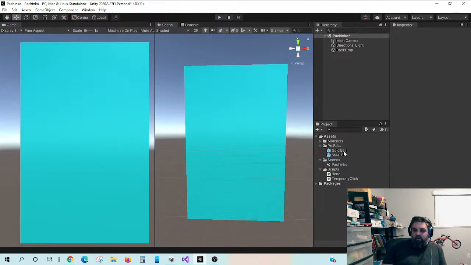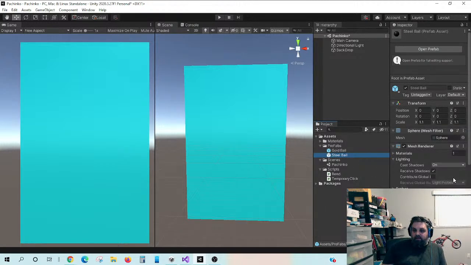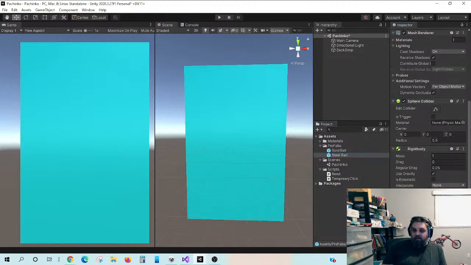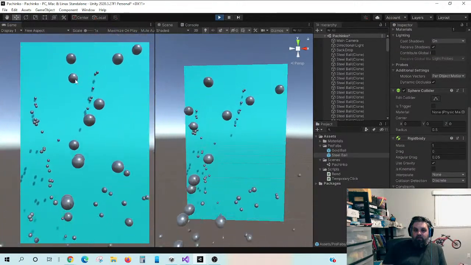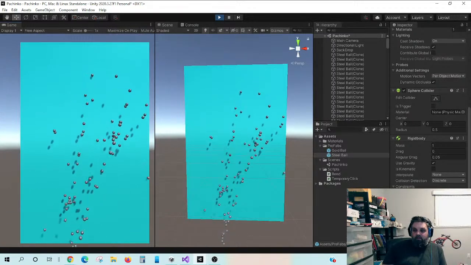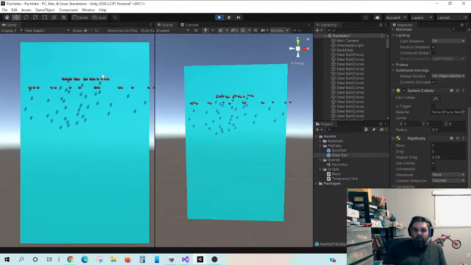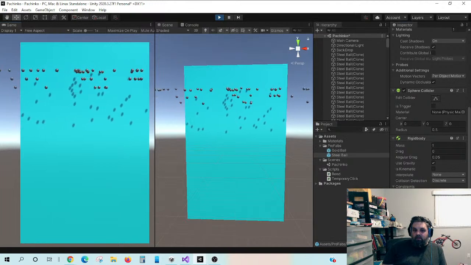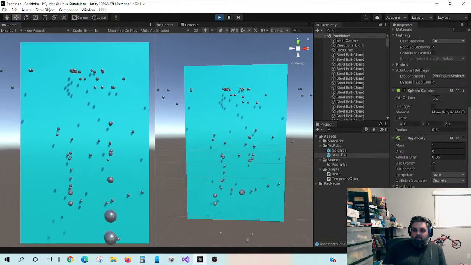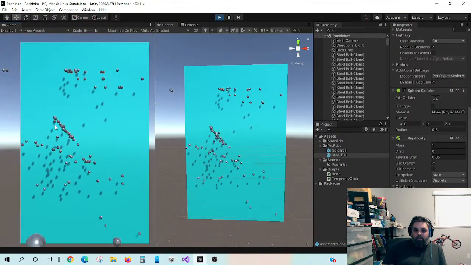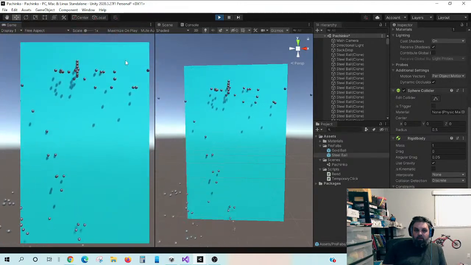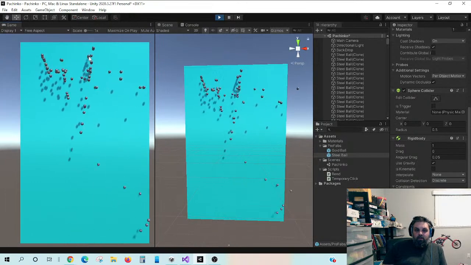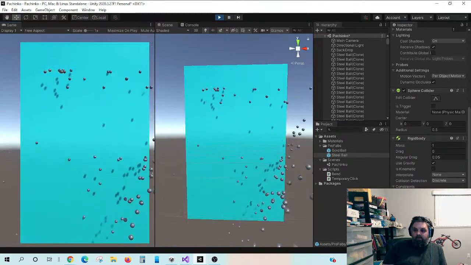If I don't want them to move on the Z axis, constraints, freeze position on the Z. So if I go like this, so if I hold it, but if I freeze on the Y,